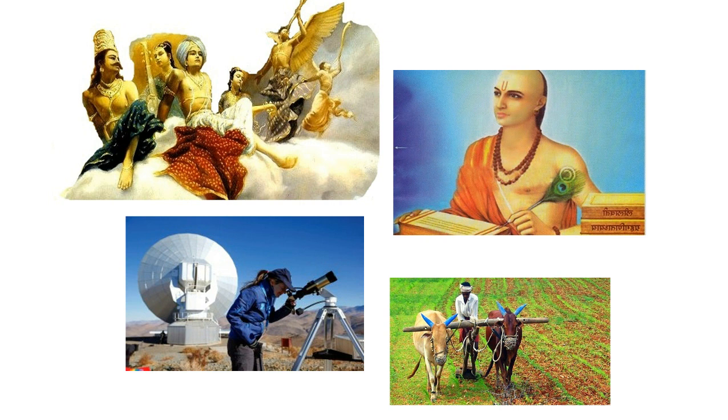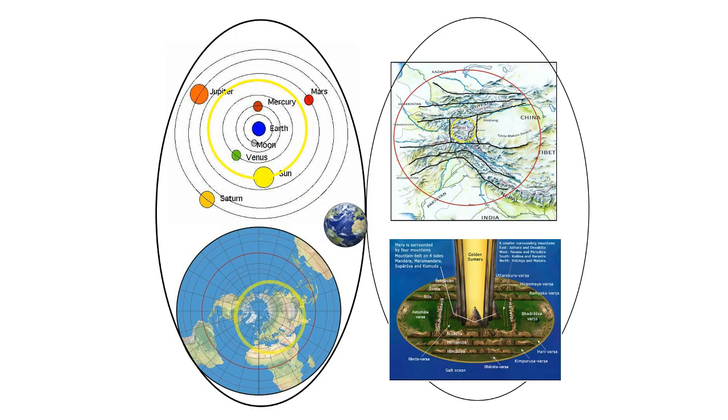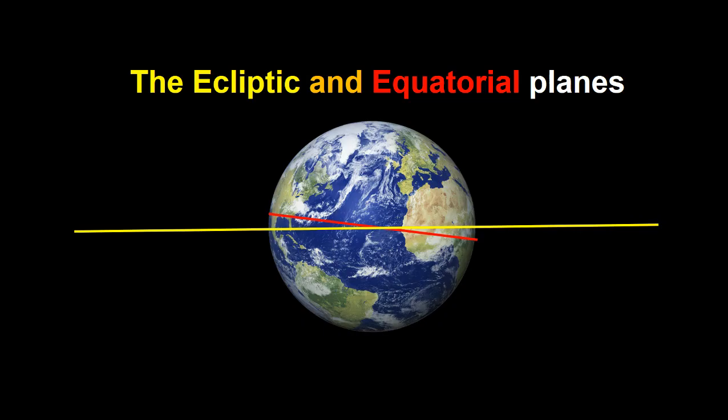Indeed, in the Chaitanya Charitamrita, Madhya Lila 24:318, it reads, "In each and every verse of the Srimad Bhagavatam and in each and every syllable, there are different meanings." It may also be that although the models have separate identities, they overlap in various ways to represent a consistent reality. Let's move on. The ecliptic and the equatorial planes.